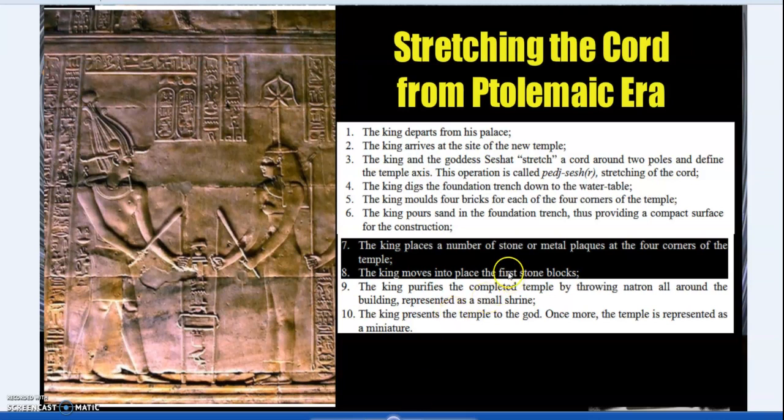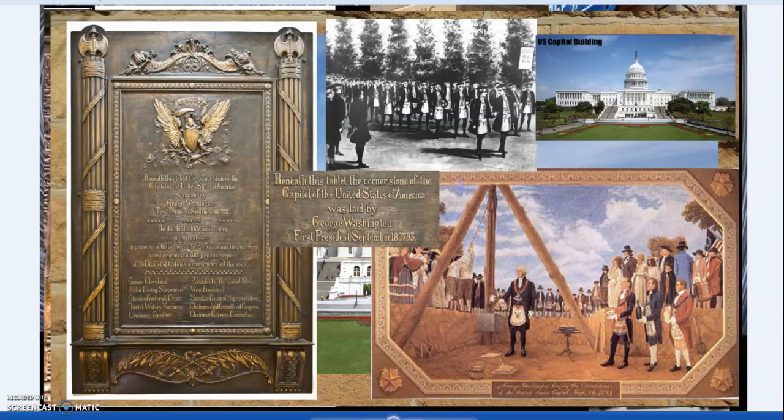The king places a number of stone or metal plaques at the 4 corners of a temple. The king moves into place the first stone blocks. Now this is the cornerstone ceremony. Now I'm going to go back to George Washington and Masonic tradition, because especially through Masons, Oddfellows, these ancient rituals